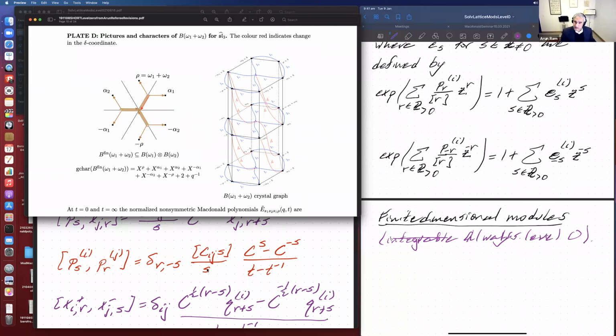So according to my philosophy, I should somehow relate the finite dimensional modules to the extremal weight modules, to the L lambdas. But the L lambda is very infinite dimensional. It's got this huge long tube. So I need to somehow make it finite dimensional. And the way that you do that is with a Drinfeld polynomial. So a Drinfeld polynomial